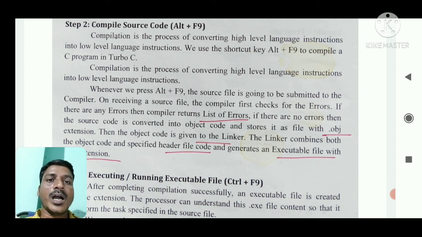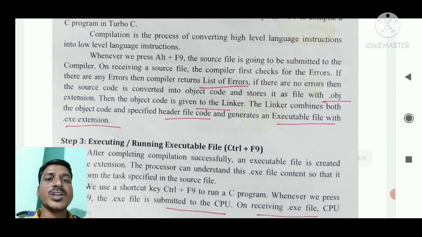Then the object code is given to the linker. The linker is also a software, a program or a system software. The linker combines both the object code and the specified header file code and generates the executable file with the .exe extension.